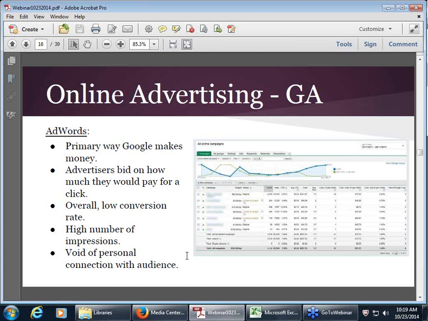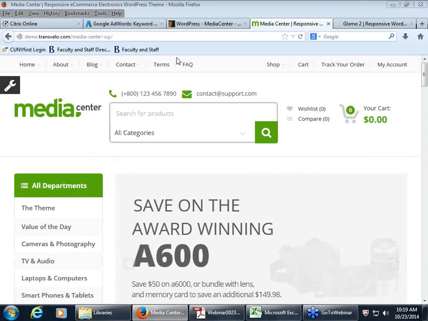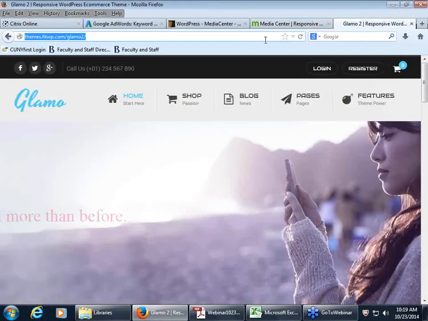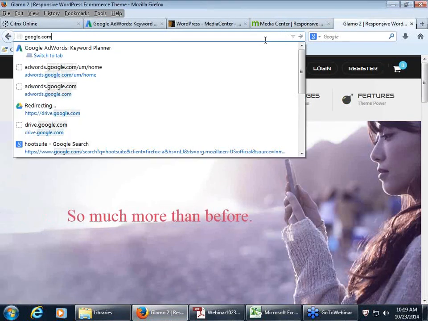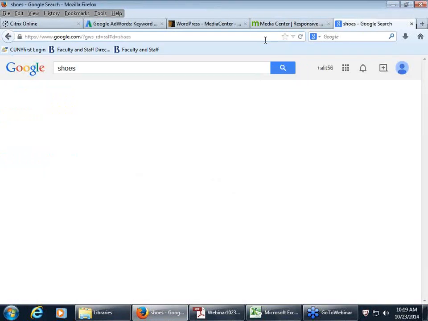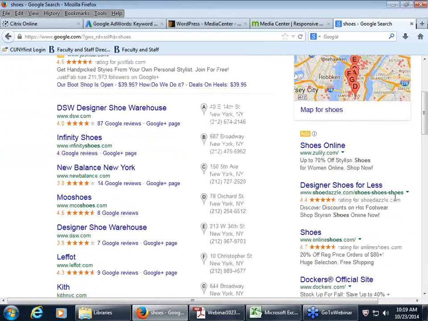And in terms of the actual visibility of the ad on Google search, it's not very personal. It's very standardized. So let me see if I could pull up an example of a typical Google ad here. So these ads on the side of the page here are any one of the Google AdWords.